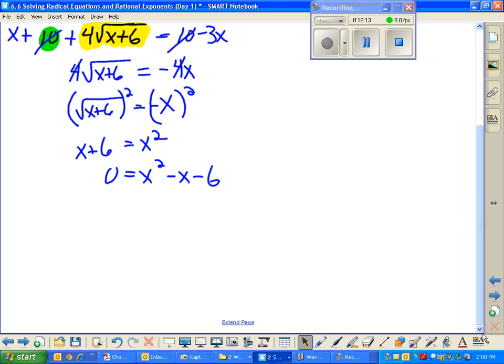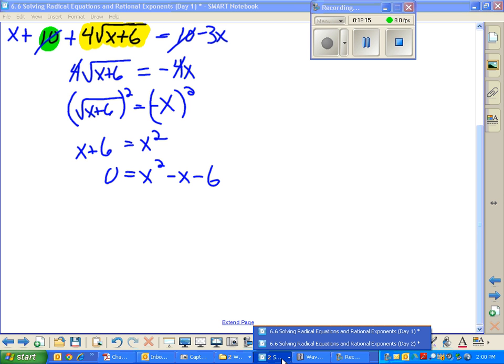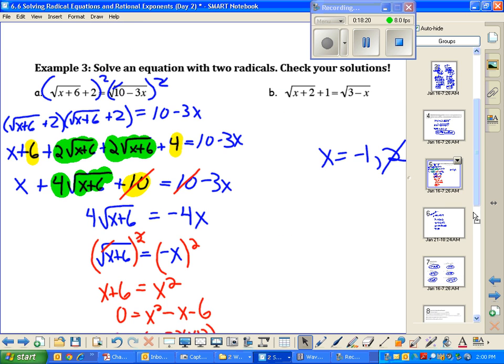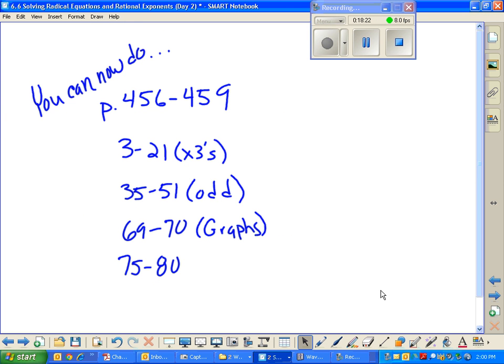Your book assignment for tonight, I did promise I'd trim it down. I'm only taking off 4 problems. So that is right there. It's 3 to 21 by 3s instead of 3 to 33 by 3s. So the whole thing is going to be due Friday. Due Friday. All of this will be due Friday. I didn't finish the lesson. I can't make you